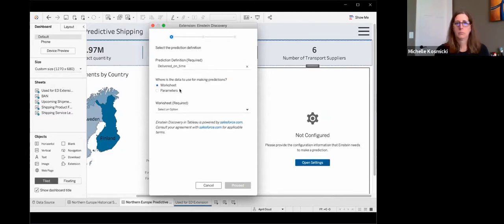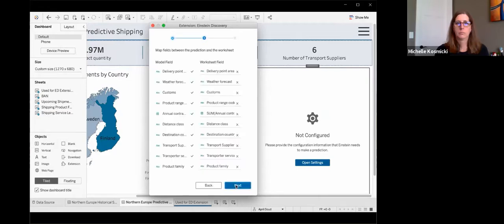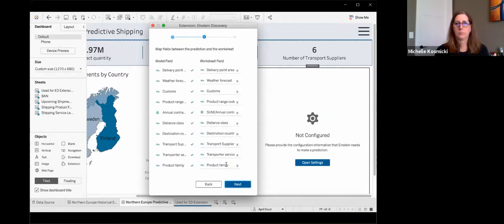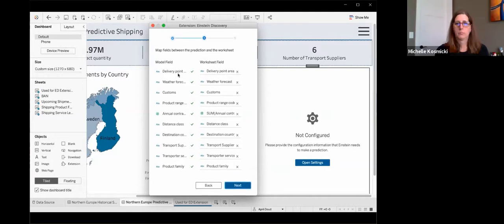And yes, you can tie it into parameters and not have to do a sheet. We're going to select that sheet we made to help drive this prediction screen and then hit Proceed. As long as all your fields are named the same as they were in your data load into the Analytics Studio, and they're all the same type, you're not going to have to do much here other than review and